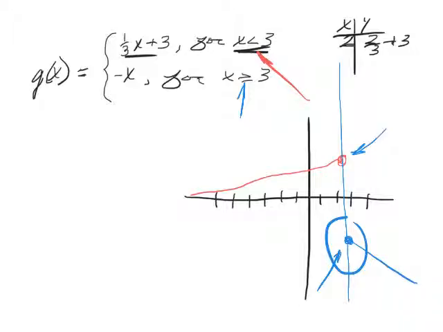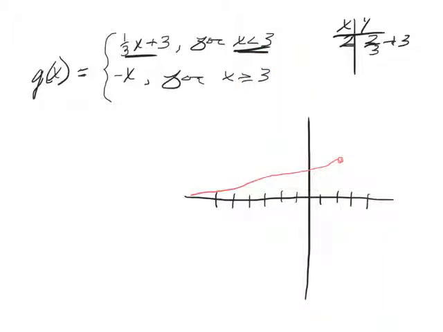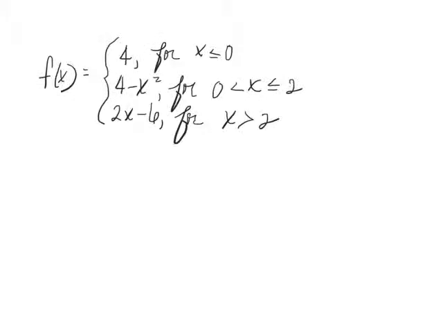Let's try the next one, example 6, and that has 3 pieces to it. And so let's go ahead and draw that out. So notice this piecewise function. It says when I have a number that is less than or equal to 0, so really 0 and any negative number, my y value is automatically 4. Does not matter what number this is, as long as it's 0 or smaller, my y value is going to be 4. So if I were to graph this,